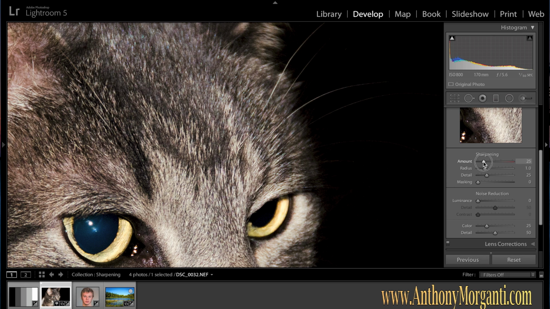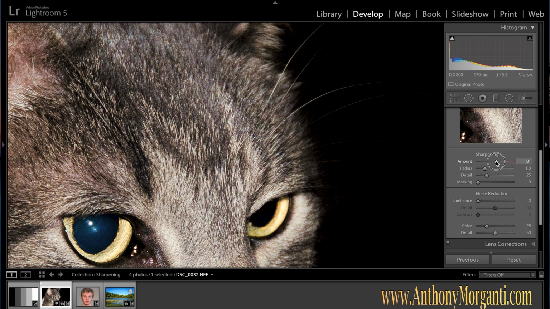As I move the sharpening up, I can see that the lighter parts of Eddie's fur get lighter and the darker parts get darker, just like I showed you on the gray bars. As I move them up to the right, now I can see it got real contrasty. But moving it to the right, I also see now there's some, you probably can't see it on the video, but there is some noise, and there's like blue dots here and there. So that's that color noise also. So I'm going to back that off